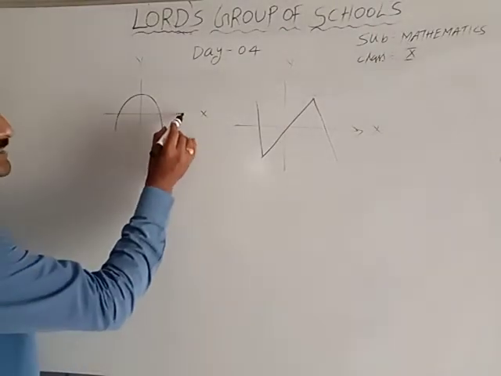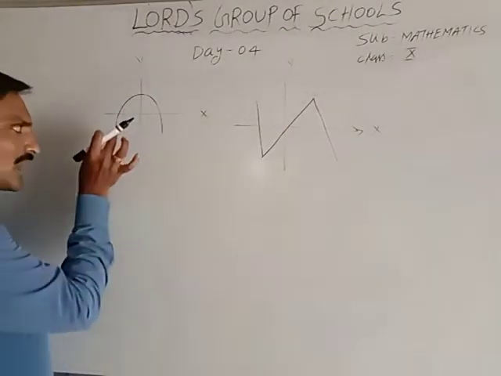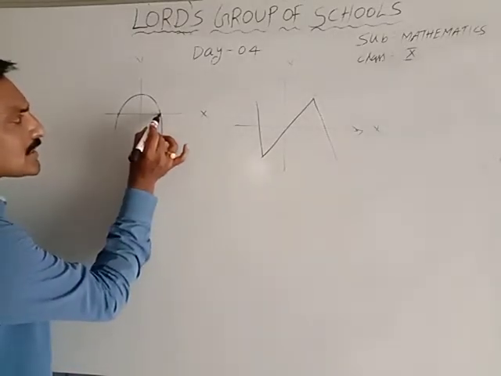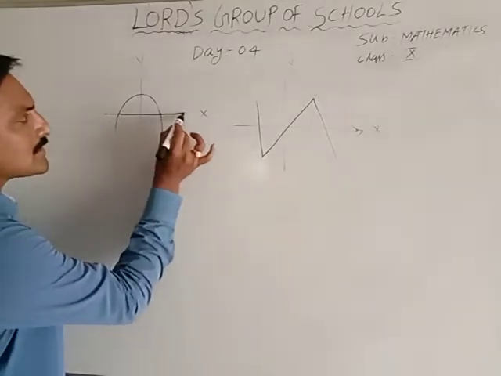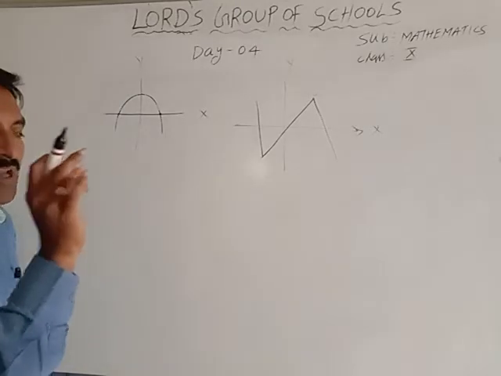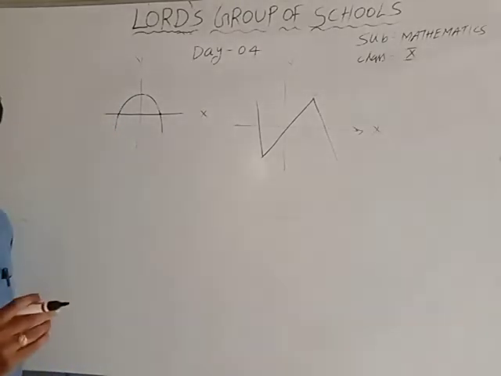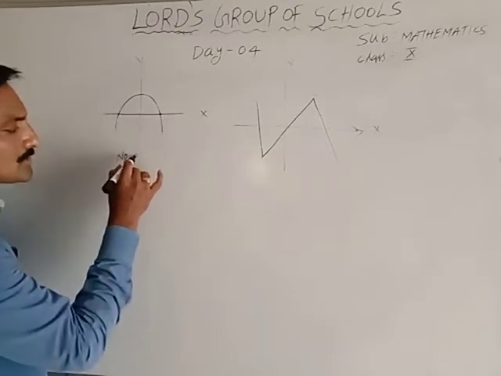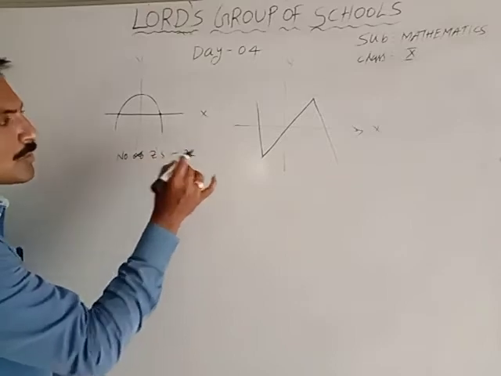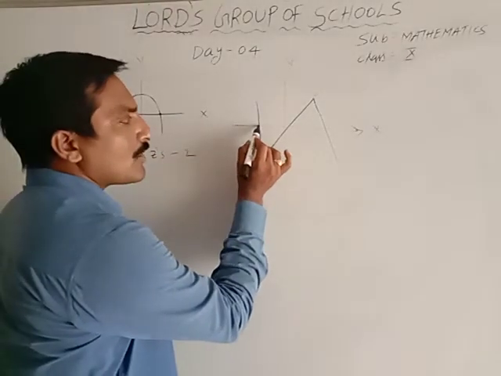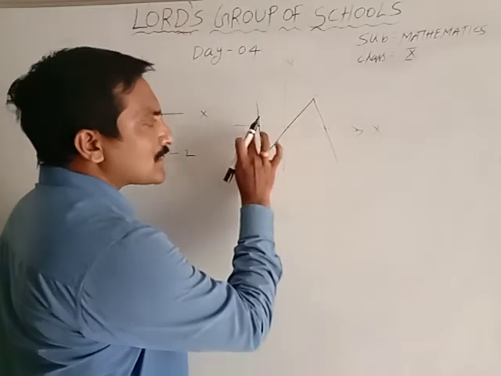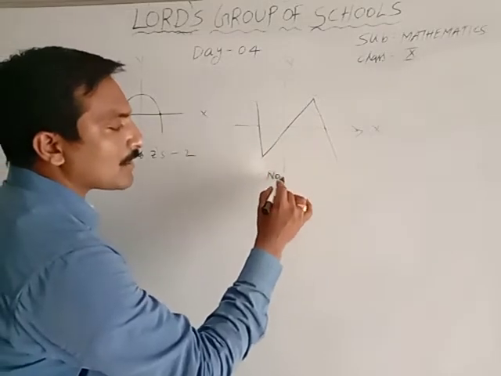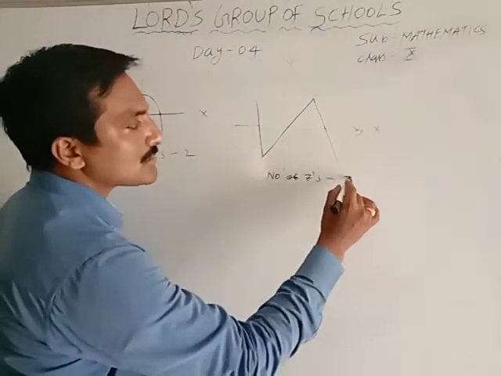See, now the x and y axes. What you have to observe is how many times this curve intersects with the x-axis. That many zeros are present in that particular graph. Here it intersected 2 times. Therefore, the number of zeros of this graph is 2. Now observe this graph: 1, 2, 3. It intersected the x-axis 3 times. Therefore, the number of zeros of this particular graph is 3.